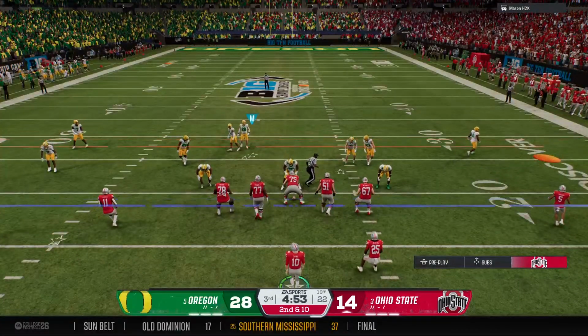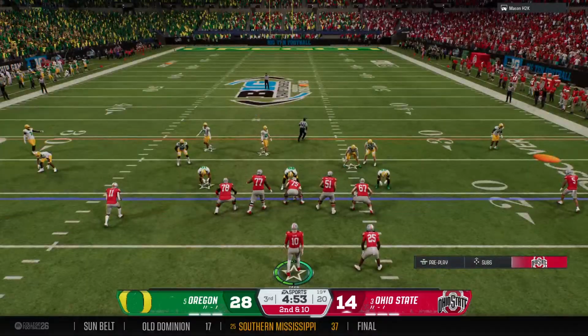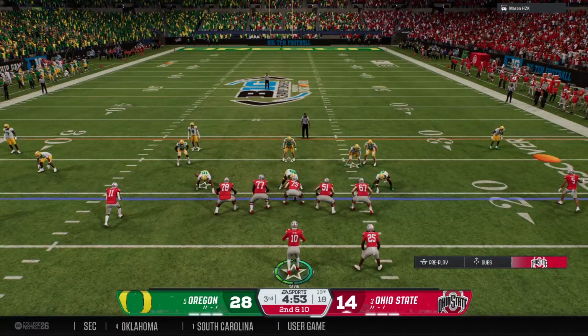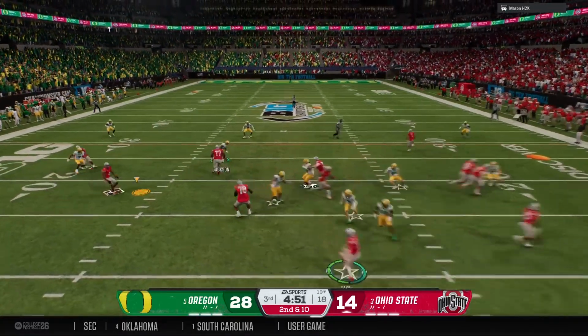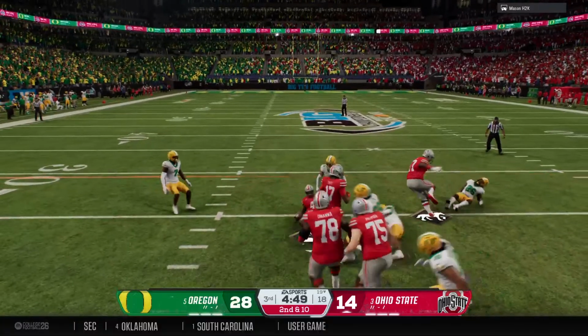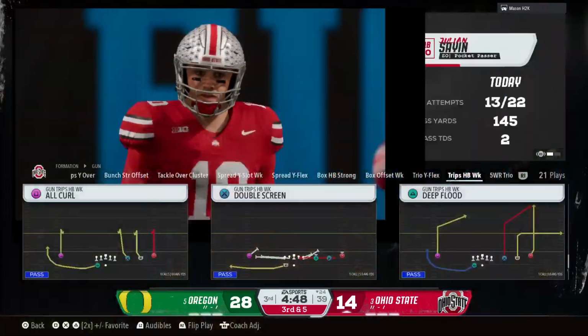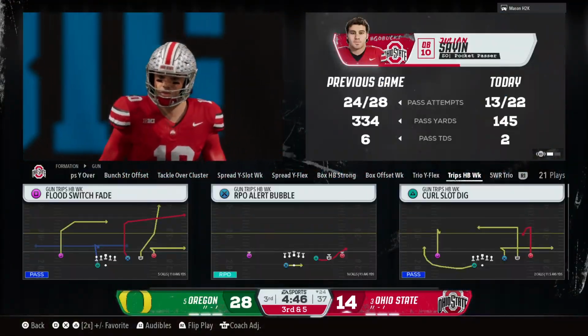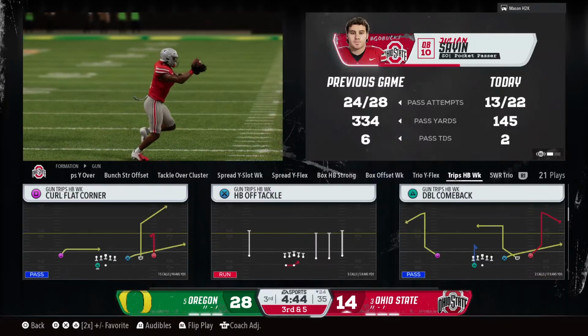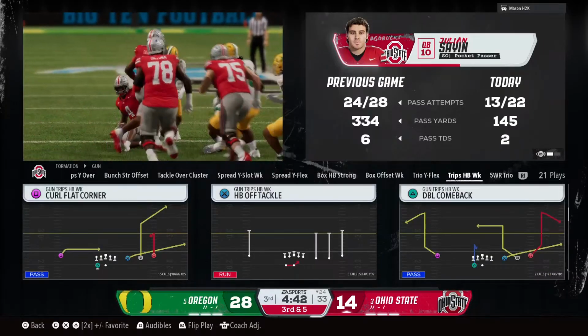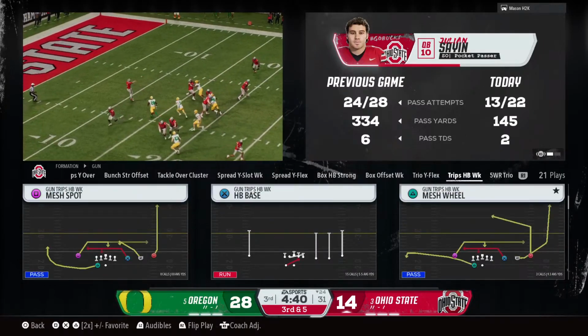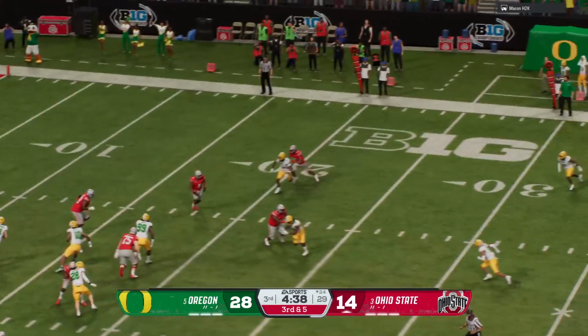So second down after the incompletion. To the air, it's Ncaa. Here's a quick screen to the receiver. To get him down quickly, not much of a gain on that completion. Well, you could tell the quarterback knew exactly what he wanted to do with the football. He was going to that in route no matter what. He hits it for a nice gain.